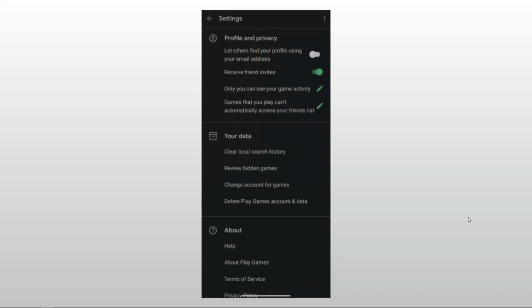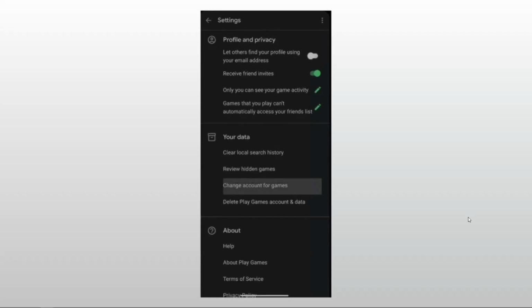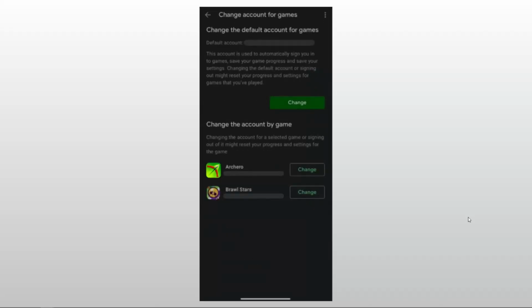Click on settings, and then here you will see this page basically. So you'll have to scroll down a bit until you see your data section and change account for games as it is highlighted right now on the screen. So it is highlighted right here, change account for games under your data. Click on it, and here you will find your page where you can change the account that you're playing with